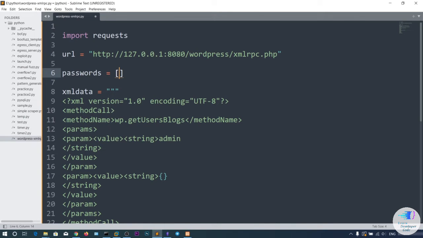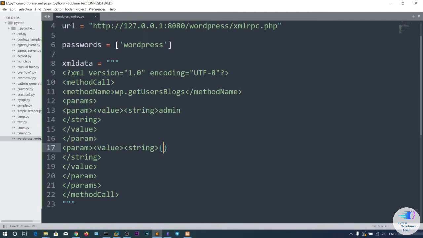For now I'm going to use a few passwords. Normally you can download a word list like rockyou.txt, place it in Windows, open the file as a file handler, and put every line in a loop here, so you can also do that. So let's say WordPress, admin2, and the correct one is admin, and then let's say wpadmin, and let's add another value, password